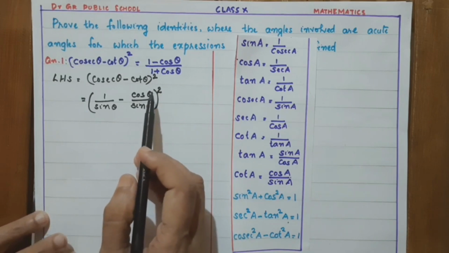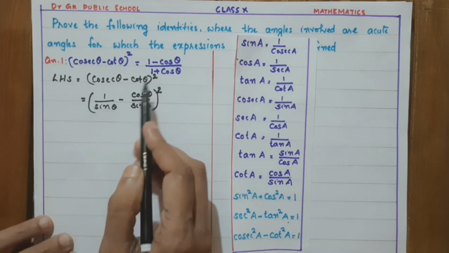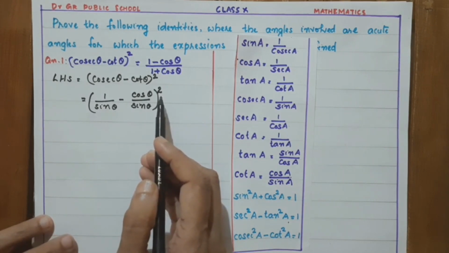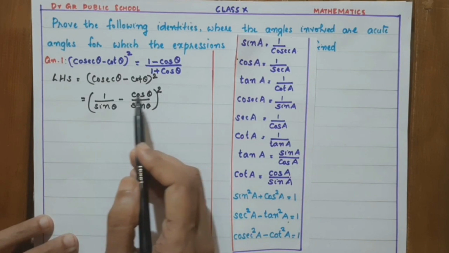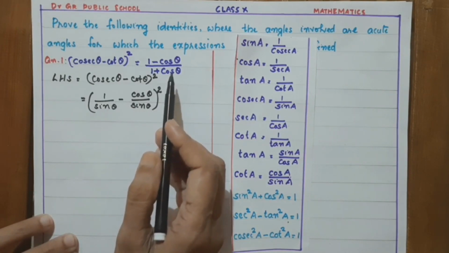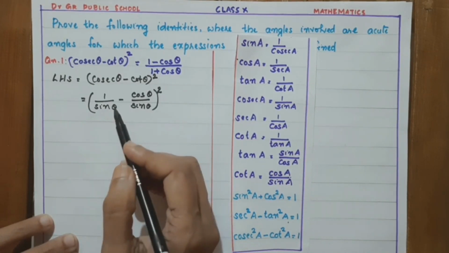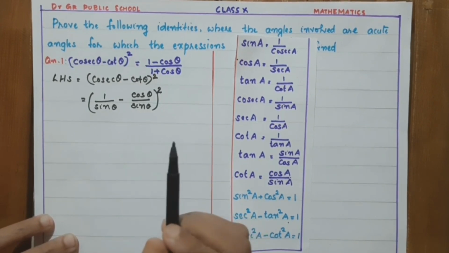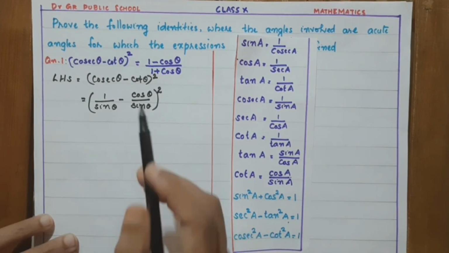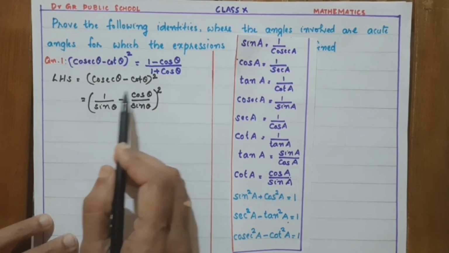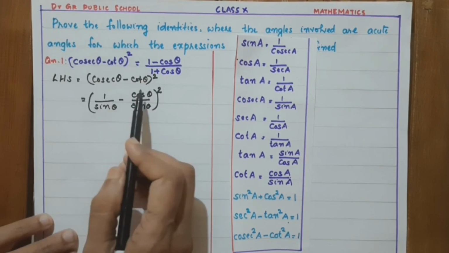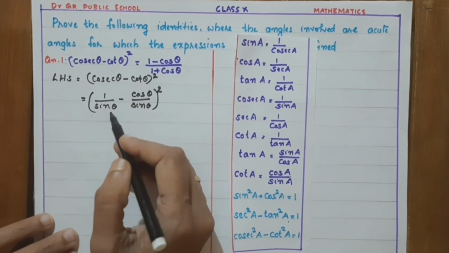See children, in some questions when we have the whole square, we will start with the expansion using identity. If you start like that also, you will reach the answer, but you have to try more steps to get the RHS. So each and every question you have to do very carefully. So here I am now taking the expansion of algebraic identities.